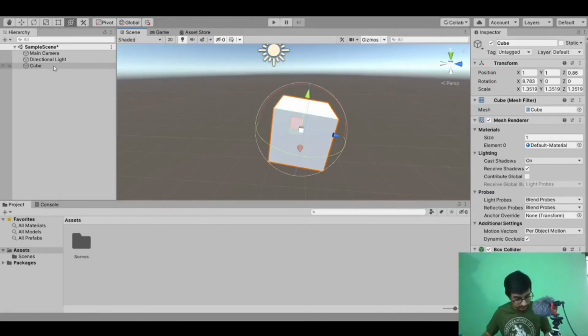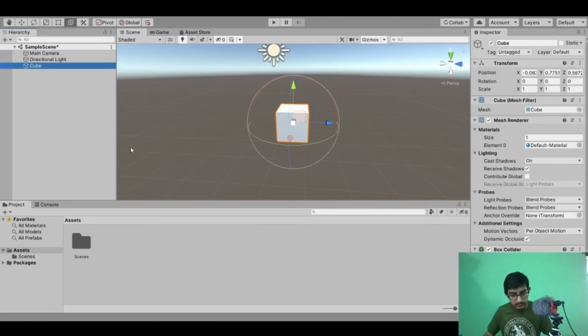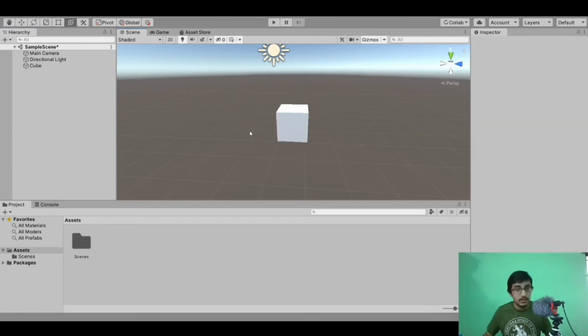So let's delete it. Let's create one more new cube, and I want to tell you about one more option. You can see the hand tool over here. When I press the Alt key on my keyboard, just watch here, this hand tool, the symbol of the hand, changes to an eye. What does it do? I will tell you.